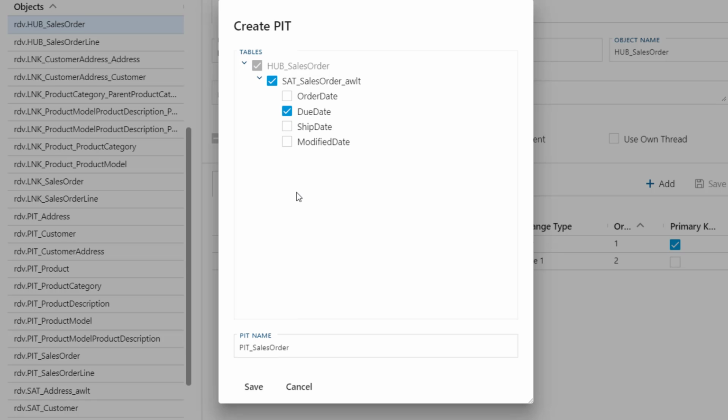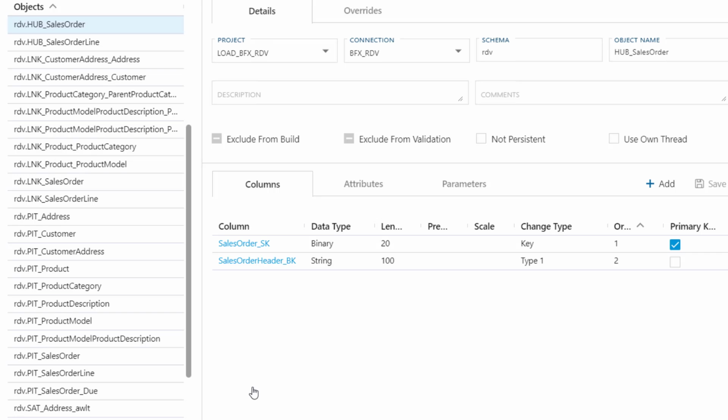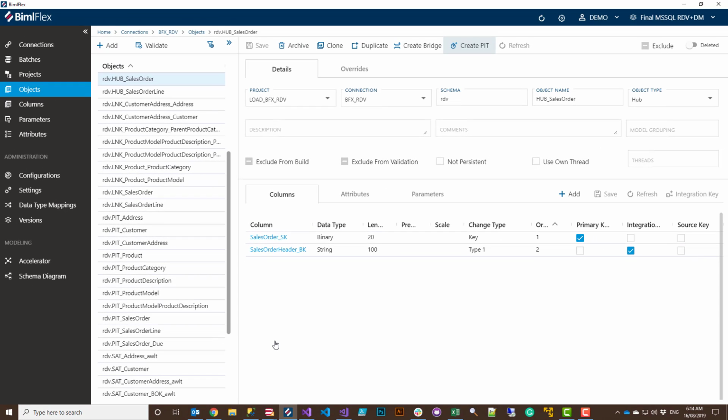So what will now happen is the effectivity in this point-in-time table will be tracked on this business effectivity date, and I will give it a new name here. Let's just call this due, so I know what it is. So I can hit save. And what this will now do is create a whole new point-in-time structure that does not run off the